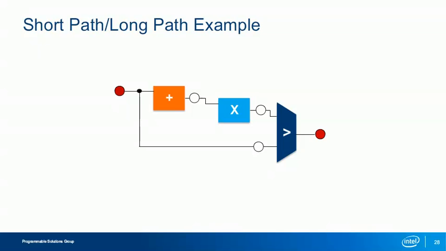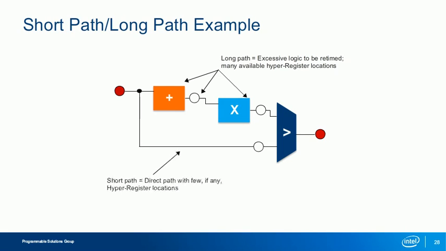In this case, we are taking a value and comparing it against the result of that value after it has been processed in some way. First, we have the long computation path. This path the hyper retimer wants to improve by retiming registers into the unused hyperregister locations along it. Then we have the corresponding short path. Since this path contains the unprocessed value, the fitter routes it directly to the comparator, so there are very few